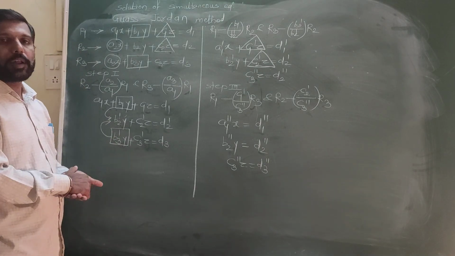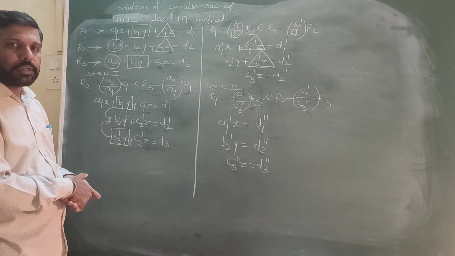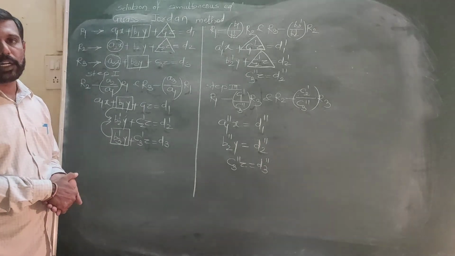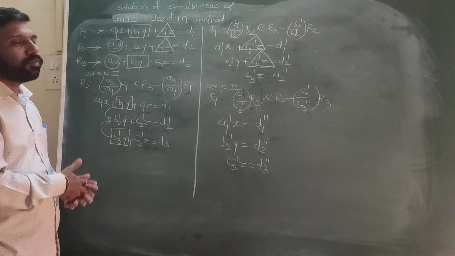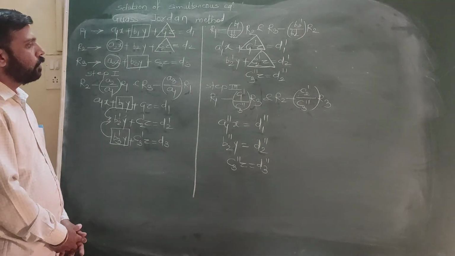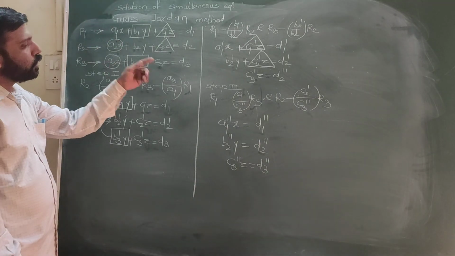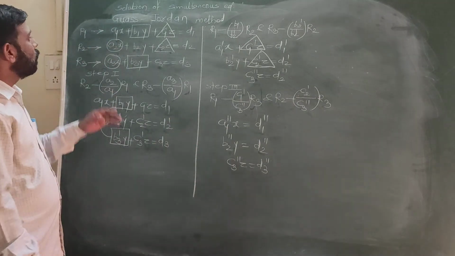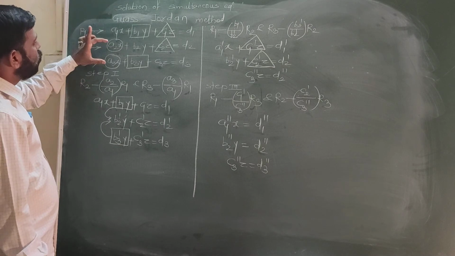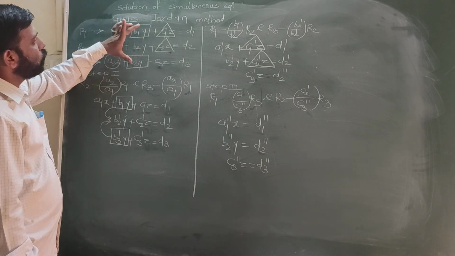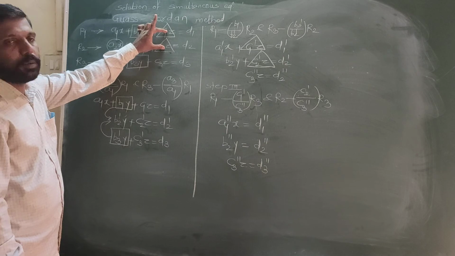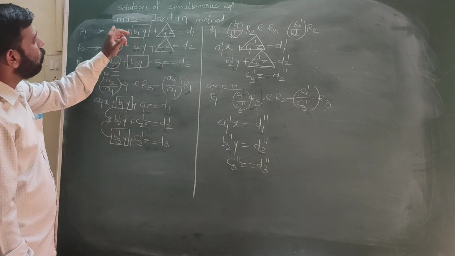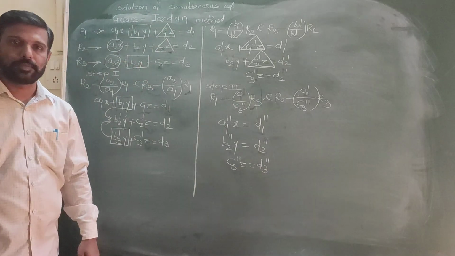In this method we are performing only row transformations. We are not using column transformations. So this is the limitation of the Gauss-Jordan method. Reduce the given system of equations to a diagonal matrix. Step 1, these two elements 0. Step 2, these two elements 0. In step 3, these two elements 0 with the respective diagonal elements. Thank you.